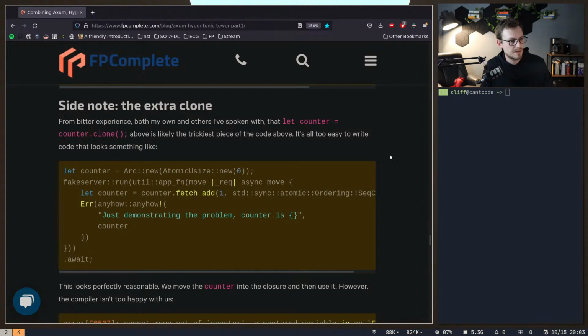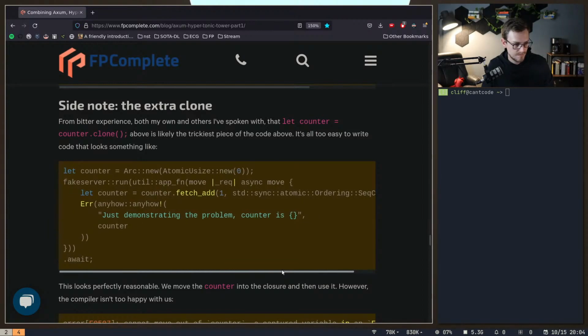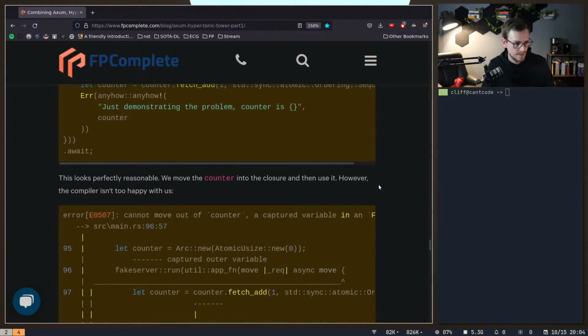In bitter experience, both my own and others I've spoken with, that let counter equal counter.clone above is likely the trickiest piece of the code above. It's all too easy to write code that looks something like counter Arc new, Arc usize new, fake server run, util app function move request async move, and then you just add the counter, and you fetch add, and apparently std sync atomic Ordering SeqCst is how you increment. It looks reasonable, but the counter